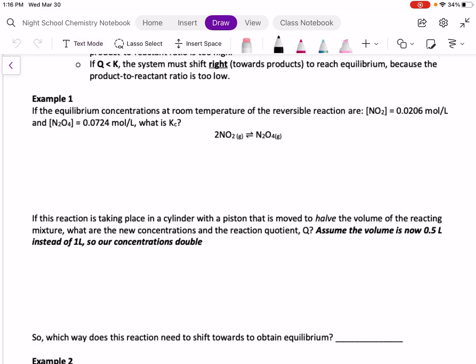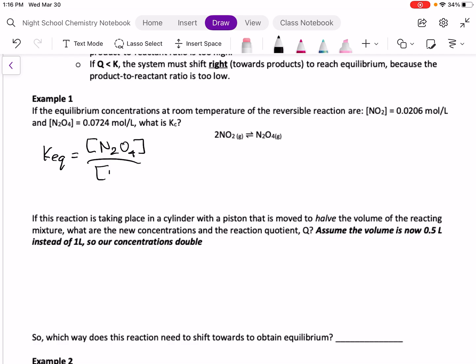So in example 1, we have the equilibrium concentrations at room temperature of the reversible reaction. For NO2 we have an amount, for N2O4 we have an amount. We are asked for our Keq. So this is something that you would have done in the previous lesson. We know that it's always our products